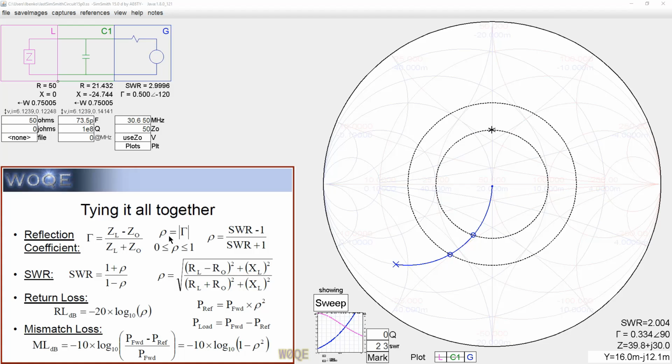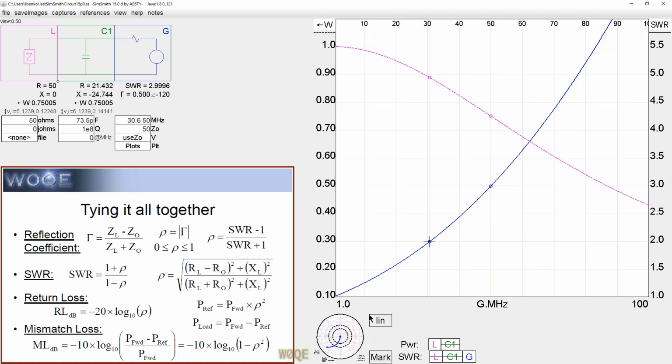So reflection coefficient is something that SimSmith does not natively plot, but that doesn't mean that we can't get SimSmith to give us reflection coefficient. It's quite easy to do. Also, return loss is defined as this. So if we think about SWR on a transmission line as being a ratio between the maximum voltage and the minimum voltage we see along the line,